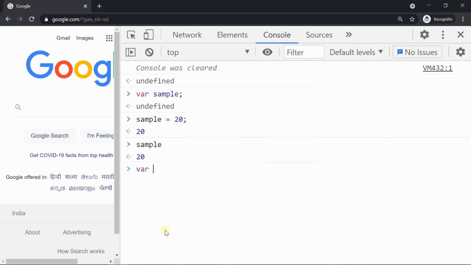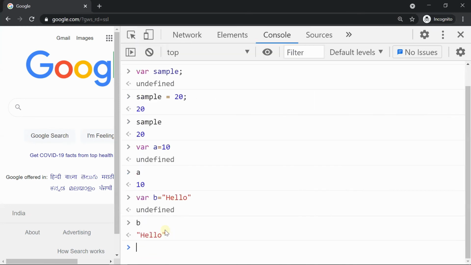Try to create one more variable, var a equal to 10. Now a means 10. Again, var b equal to a string, hello. Now type b. See, it is returning the string, whatever value we have assigned.